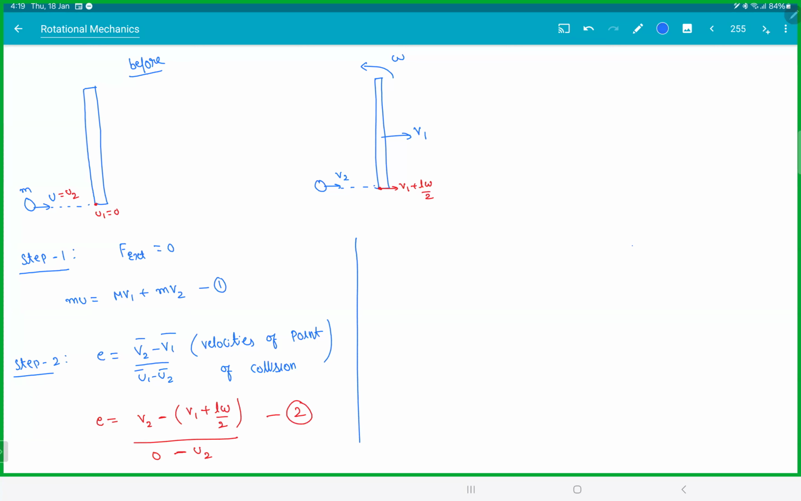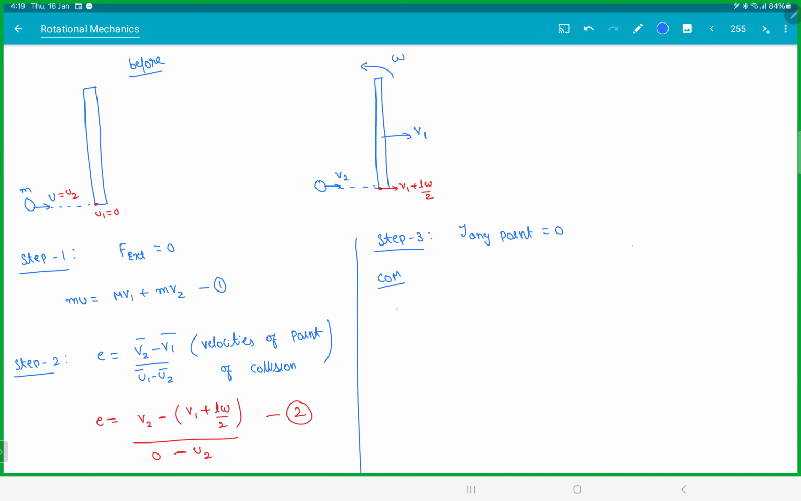The third one, step 3, there is no external torque anywhere. Torque about any point is 0. So you can conserve angular momentum about any point. Getting it? But my favorite point is the point of collision. But let me show you how it looks on center of mass. If you take about center of mass,